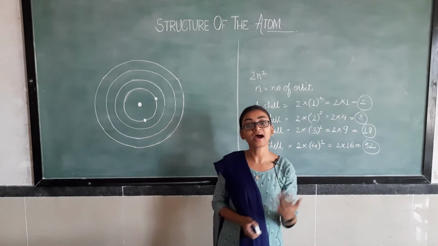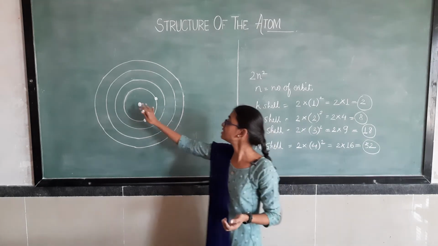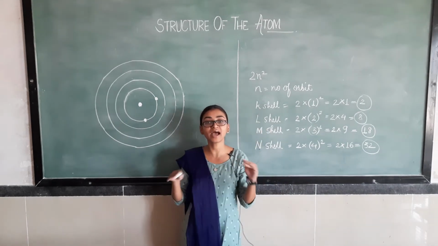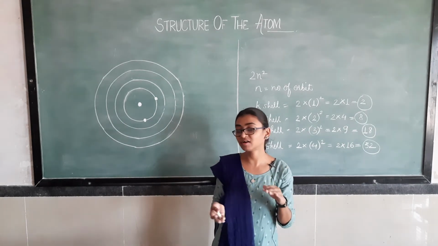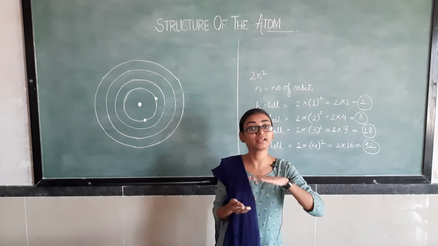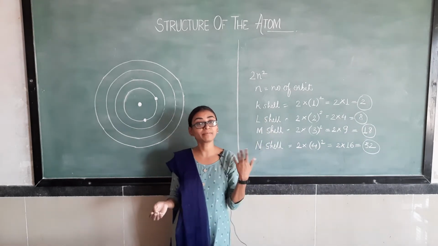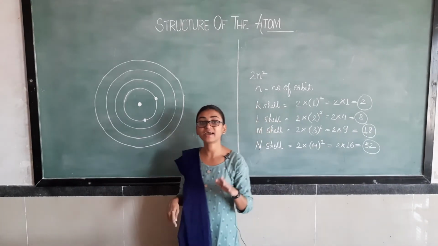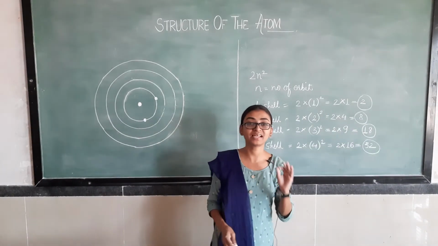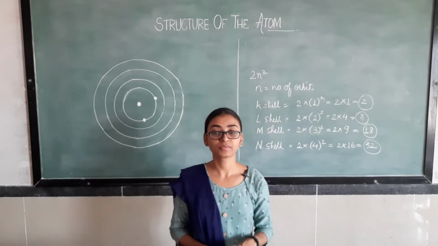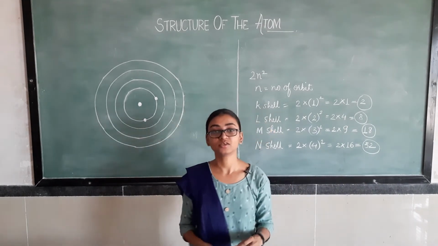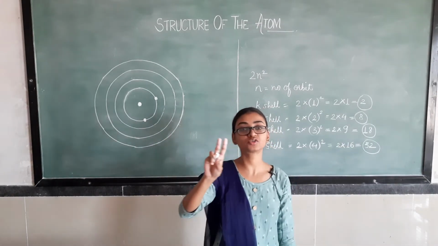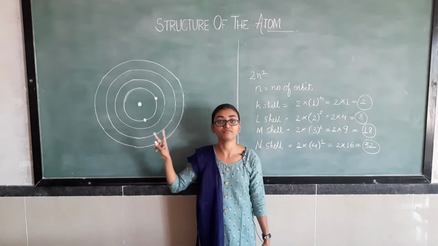Inert gases. There are a few elements which have a stable electronic configuration, meaning they neither need any more electrons, nor do they lack any, nor do they have extra to give to anyone else. So that's why they are known as the stable elements, inert gases, or noble gases, you may say. Here helium is one of them, as the K shell holds 2 electrons and it is stable in configuration.